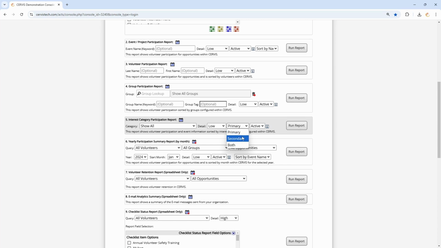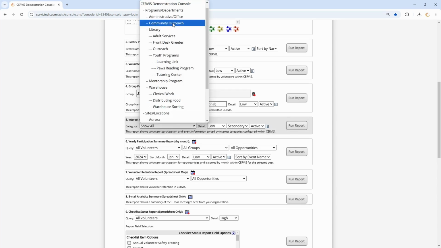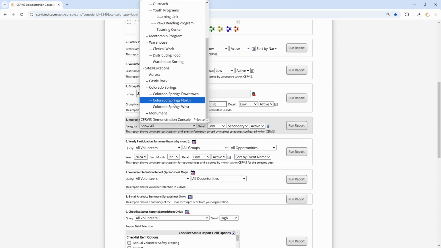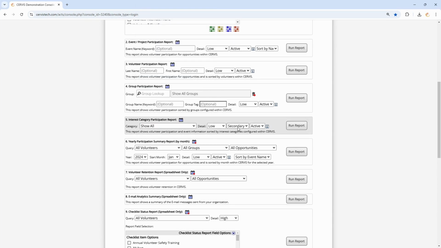They don't necessarily have to have a secondary category. If you've been pedantic about making sure every event has a secondary category, then this can be useful. Like in my system, I choose a primary category as a program and a secondary category as a location. So if I run the same report and choose secondary, I will view all of my hours by location rather than by program. But if you just want to be sure in your system you're seeing everything, leave this as